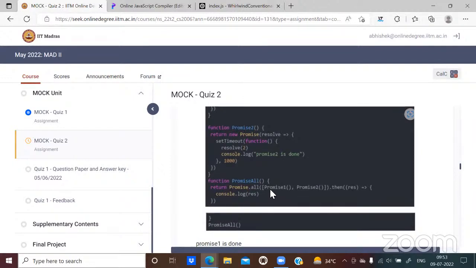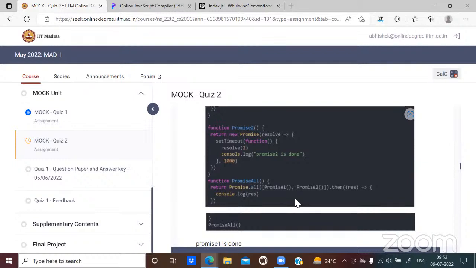The way Promise.all works is that if all of the promises in this iterable are resolved, then the promise returned by Promise.all would also be resolved. Remember, this is going to return a single promise based on all of the promises that it gets in the iterable.